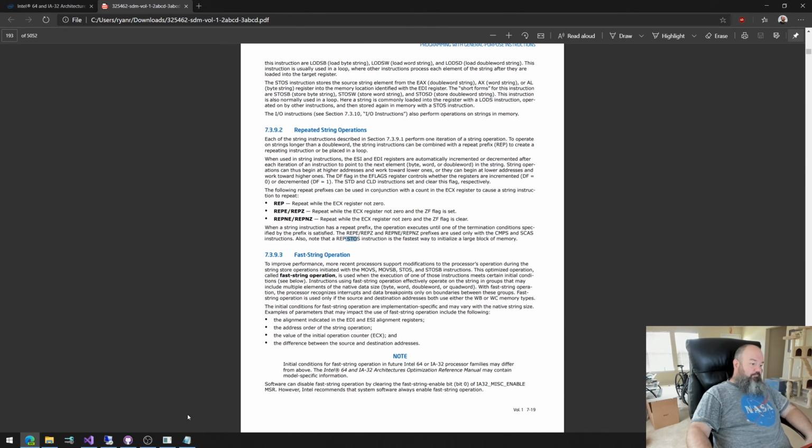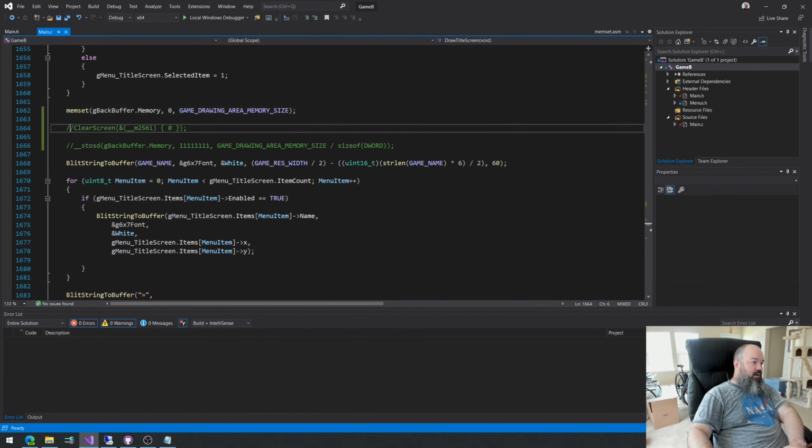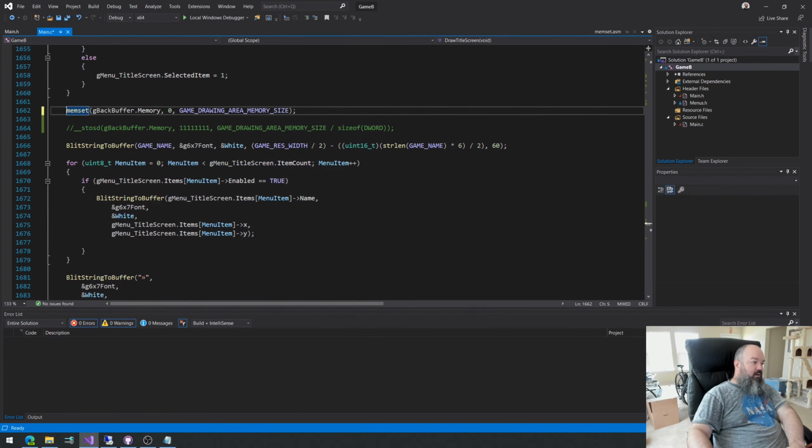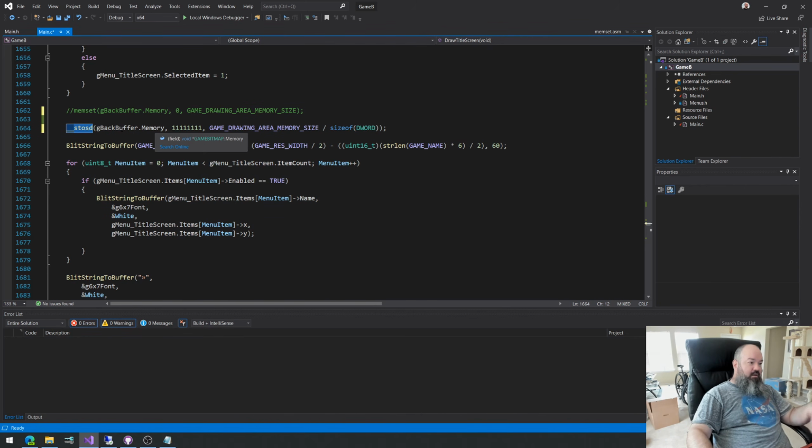And so what that means is we can effectively replace this clear screen function. This clear screen function doesn't even really need to exist. We could actually not use that at all whatsoever. And instead, we could use this intrinsic right here, store SD, which stores a D word, and then basically you supply, it's just like